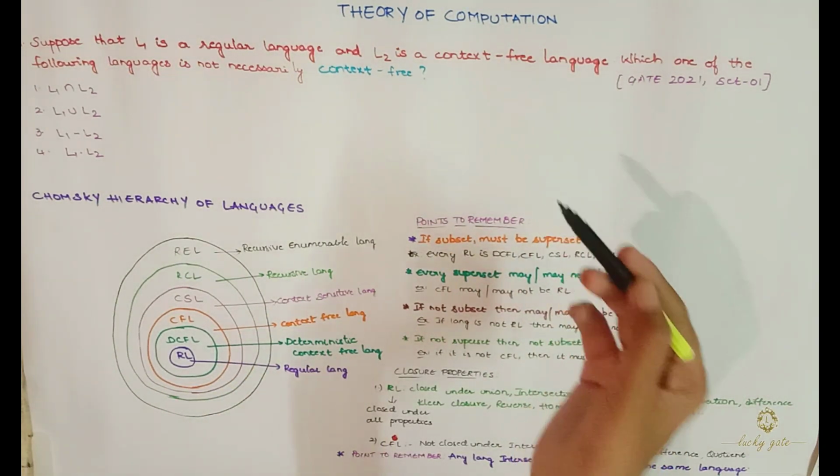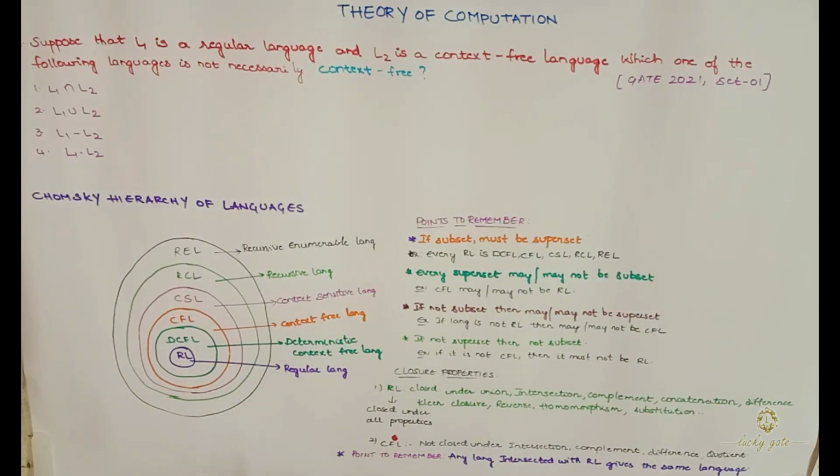Before solving the question, we need to learn a few closure properties. Since the question is given on regular and context-free languages, I am discussing only the properties based on regular and context-free languages. Here we need to know what closure is. Suppose there are some languages which belong to some class, and by applying some operations like union, intersection, difference or complementation on those languages, the resulting language should also belong to the same class. This is called closure. Then we can say that a particular class is closed under that property.